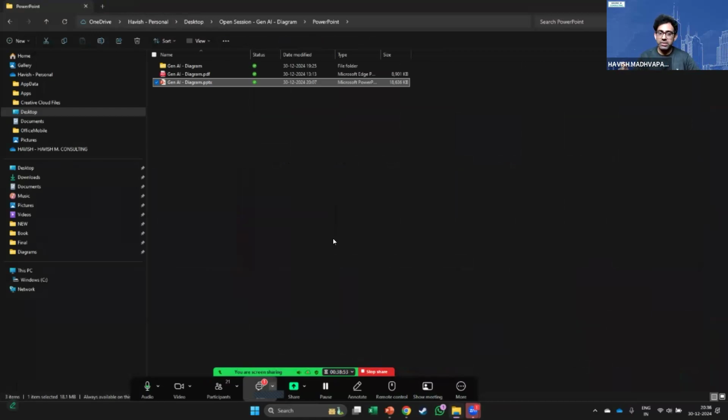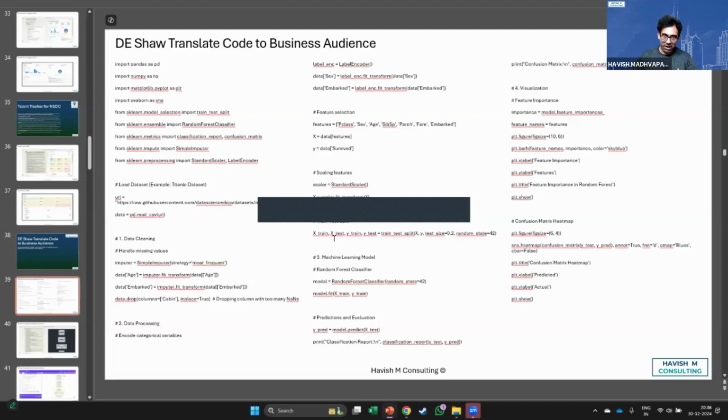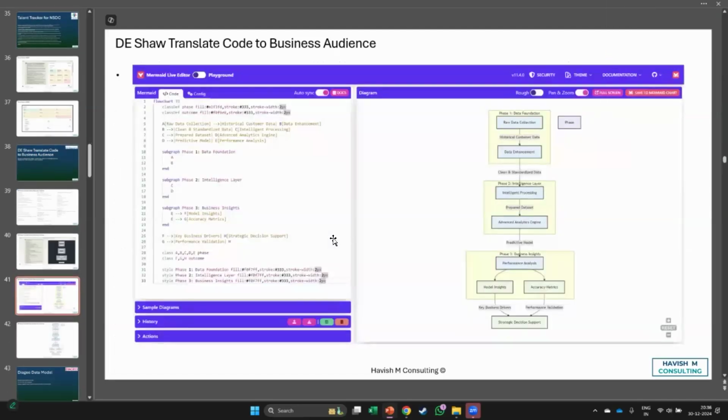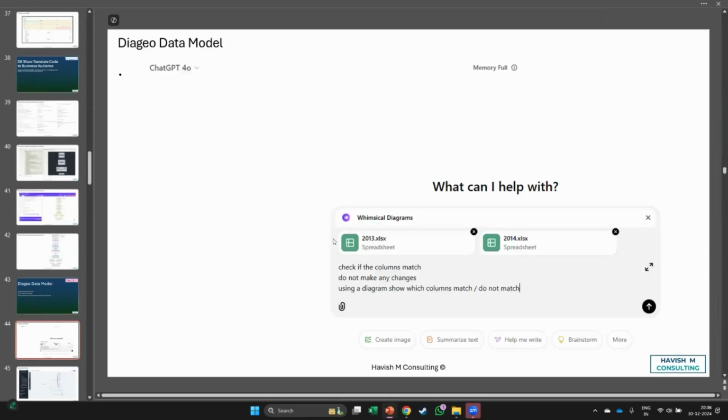Ashish, the code was something that I had put in my PowerPoint, but this could be any code. It could be, like I said, an HTML code, a Python code, an Excel formula, a Power BI formula. Any language, any formula that you have, you can put it on Claude and ask it to create a diagram for you, right? Like this. Noted, sir. Okay, moving on.